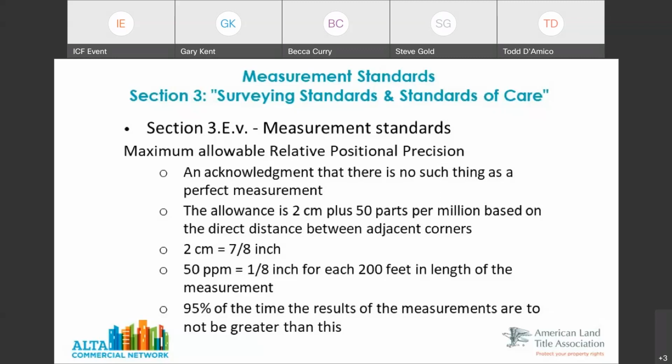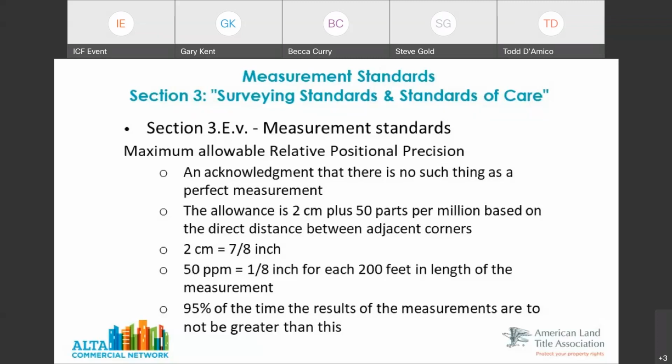One of them is just flat the ability of the person making the measurement, the ability of the precision of the instrument. There is a limit on what that is, and there is a statistical basis for this measurement standard, but that's 2 centimeters, 7/8 of an inch.